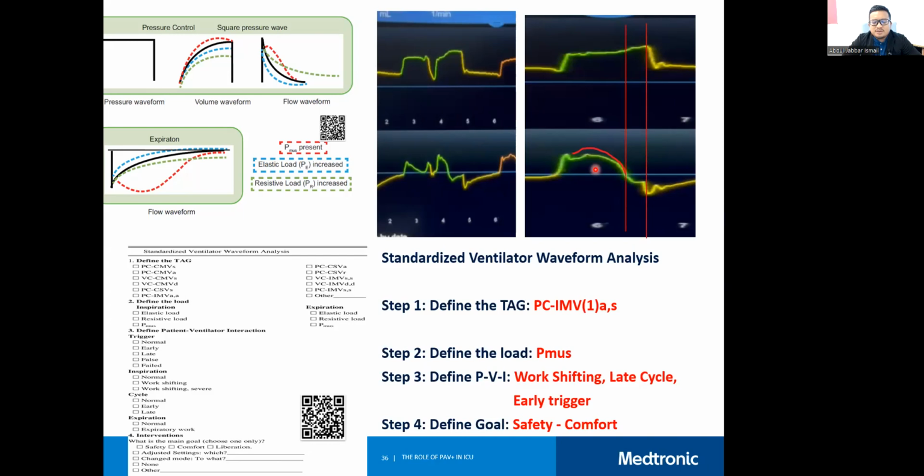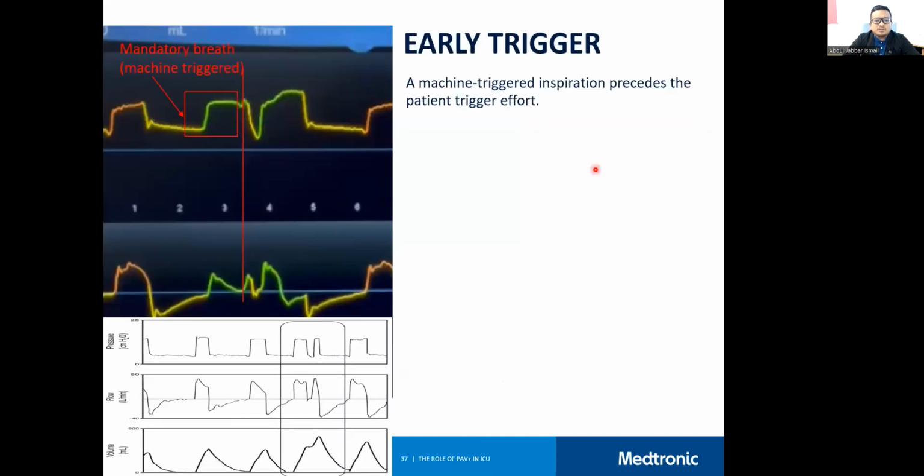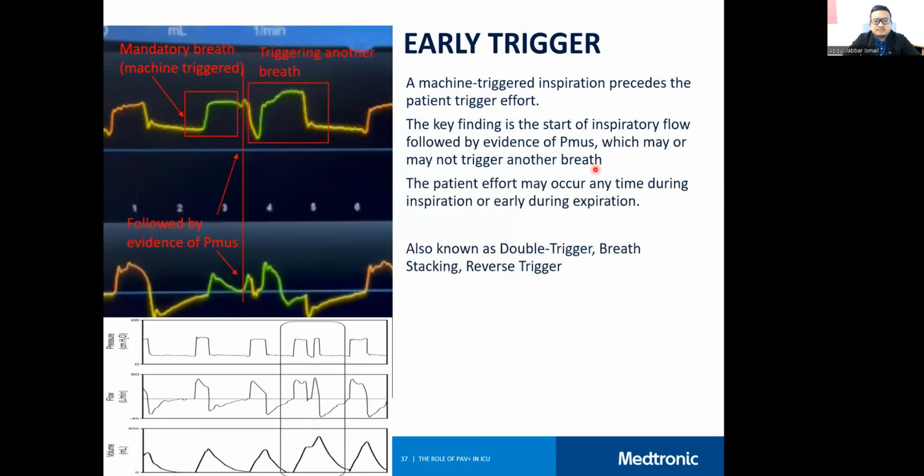Okay, so step number 4, we define the goal. For this patient, it is actually between the safety and comfort zone. Okay, so this mandatory breath is machine triggered. Actually, this is an early trigger, which is followed by the evidence of PMAS. Okay, what I want to show you is that